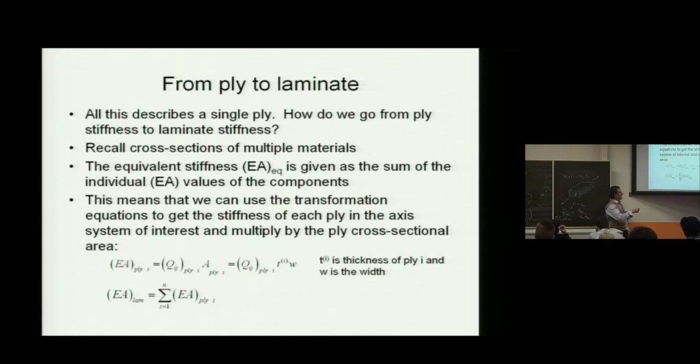If I replace my E with my Qij, because we are using Q as the convention for plies, then I can write that the EA for the ply i is the corresponding Q times A, the corresponding area for the ply i. And the EA for the laminate is the summation of the EAs with